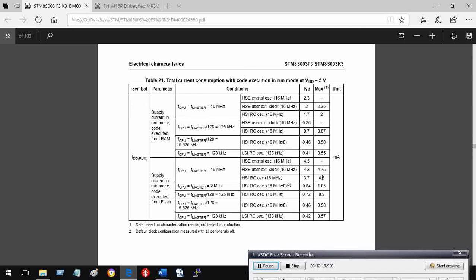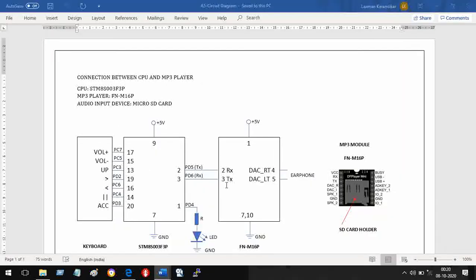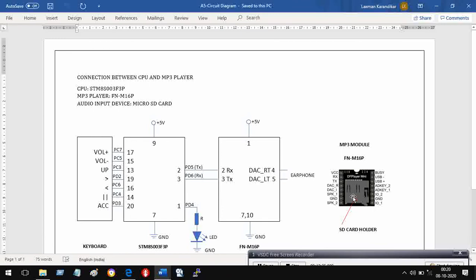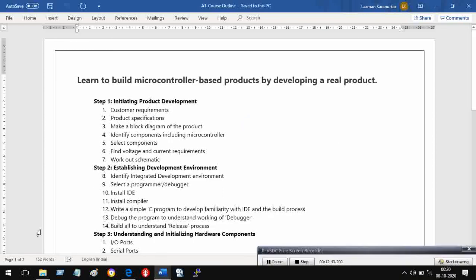So now we know the current consumption of the microcontroller as well as the current consumption of the MP3 module. So let us go back. Where have we reached then? What have we covered? We have gone up to identifying components, selecting components, finding voltage and current requirements, and now